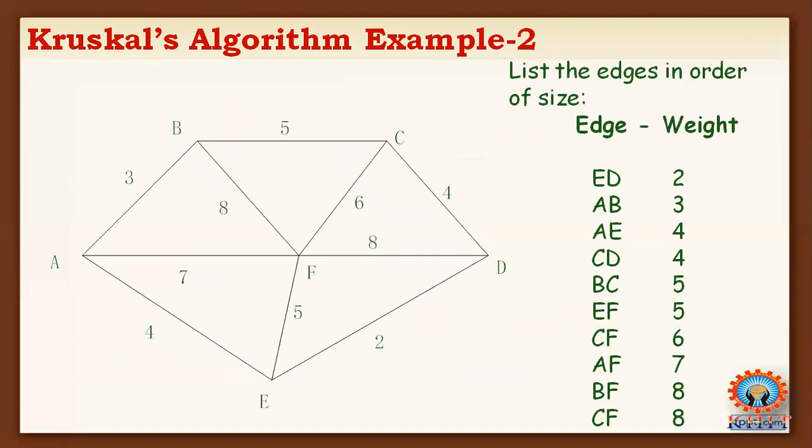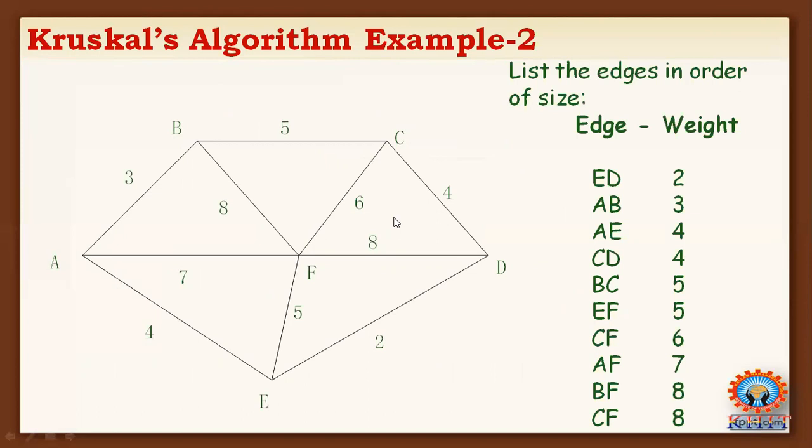So we will discuss one more example using Kruskal's algorithm. We have seen how to solve Kruskal's algorithm with the given tree. Already we discussed. Next, we will see another example. Consider this is the given graph, and apply Kruskal's algorithm to it. You need to construct a minimum cost spanning tree.